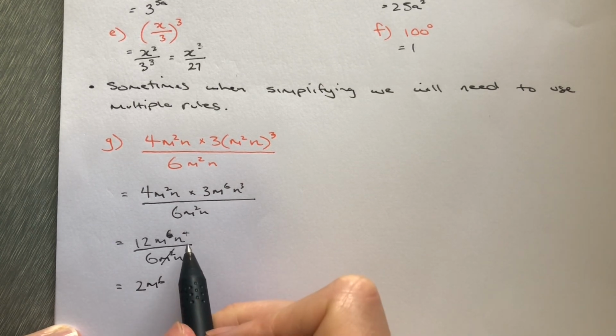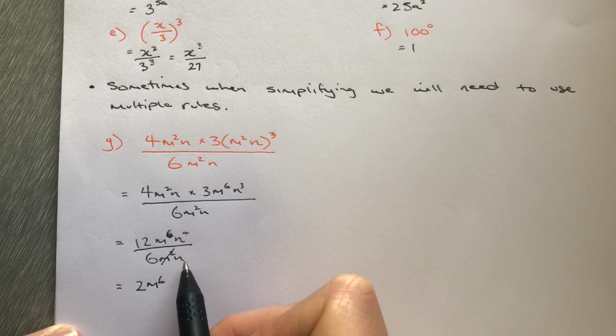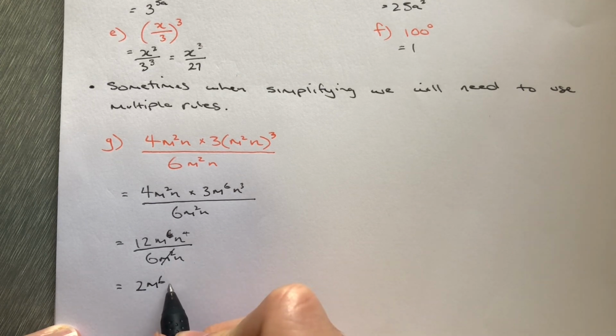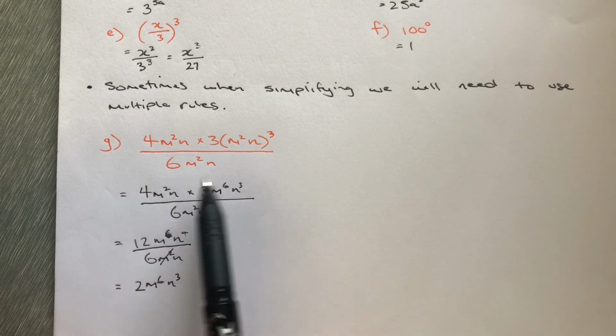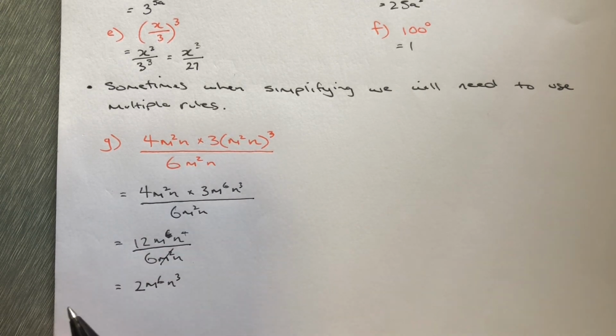And over here, we've got n to the power of 4 divided by n to the power of 1. 4 minus 1 is 3. So n to the power of 3. Done. So that should be our answer just there. Now these ones can be a little bit tricky because there's so many laws at once, but that's okay. Do your best for now. It might be a little bit easier for us to go over this a little bit more when we're back